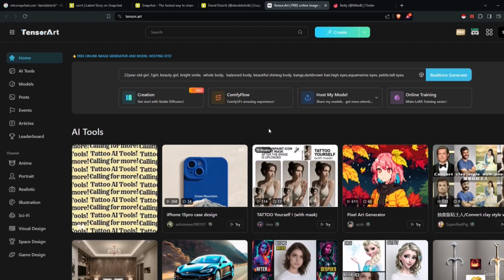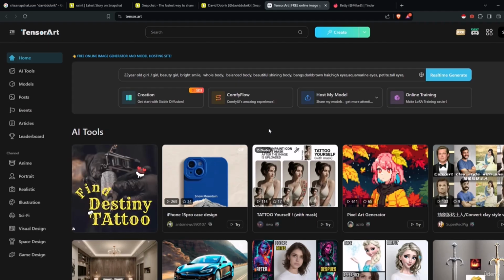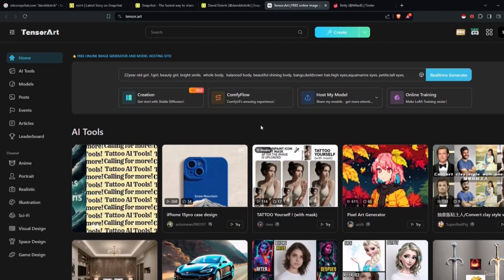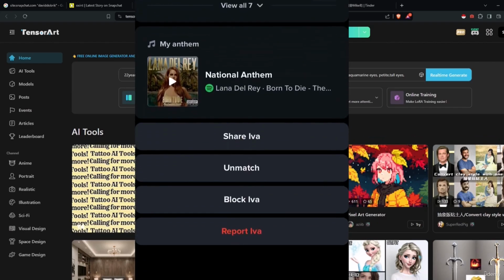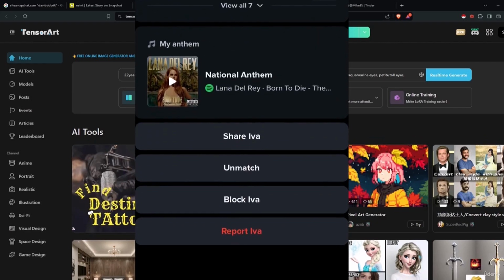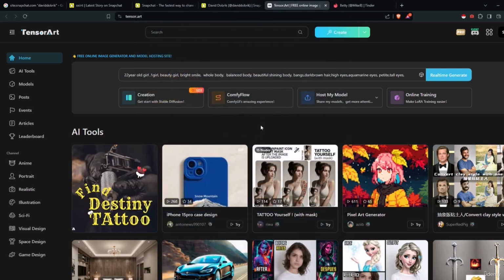Now back to the story. After some time, we came across a profile that matched our suspect's social media presence. With that, we scrolled down their profile and at the bottom there was a button to share their profile. We copied the link and opened it on the laptop.